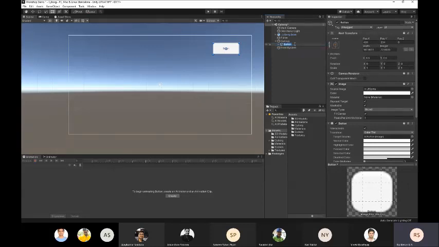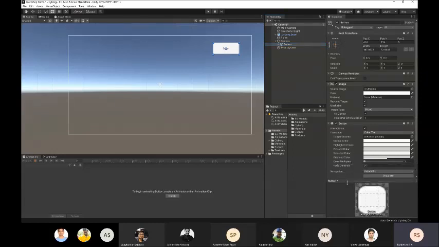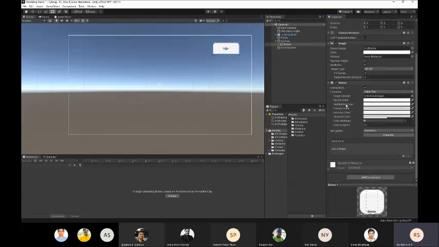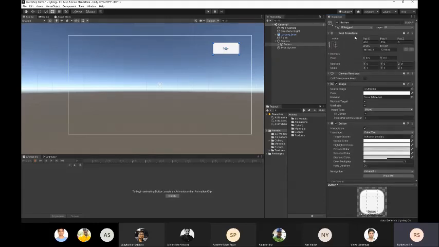So for that, click on button. So you can see the button's inspector panel. It's a lot different than a normal 3D object. Instead of transform, you have something called rect transform. And this canvas render image button, but don't get intimidated by this. It's pretty simple. First, we'll anchor this object to the right side.